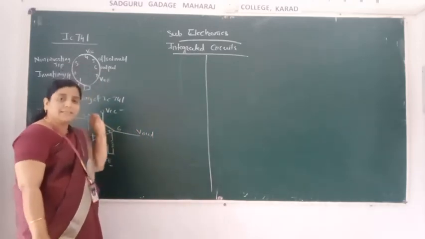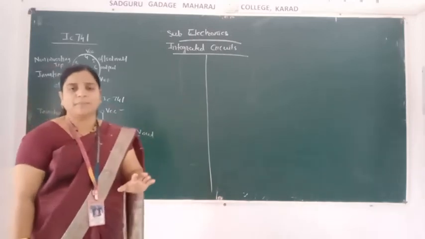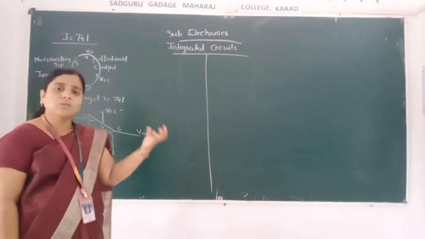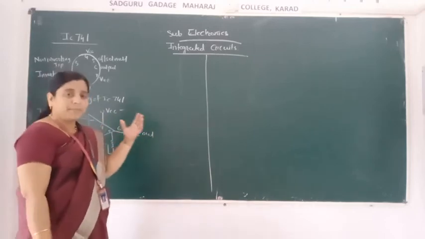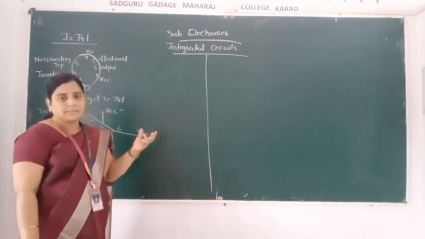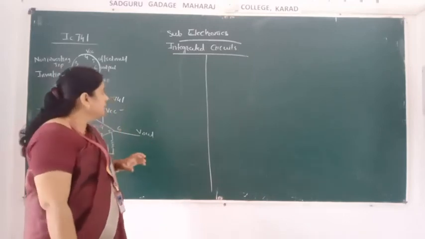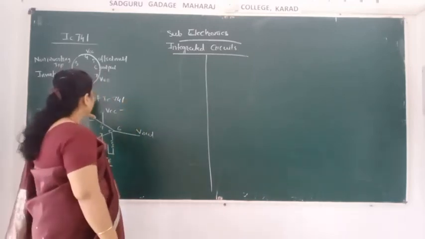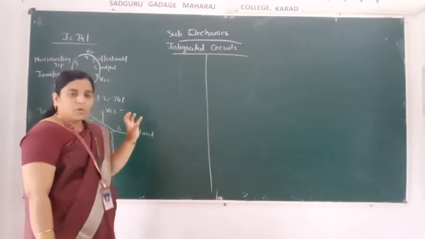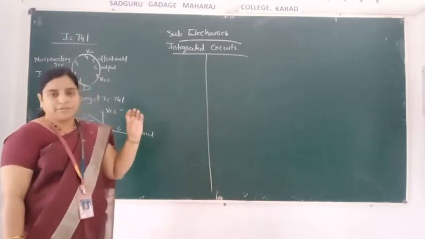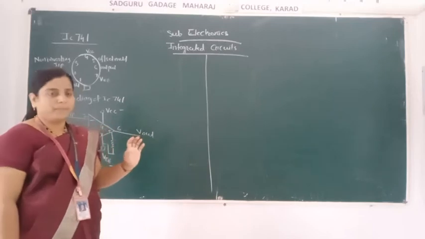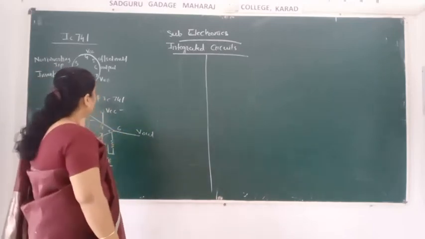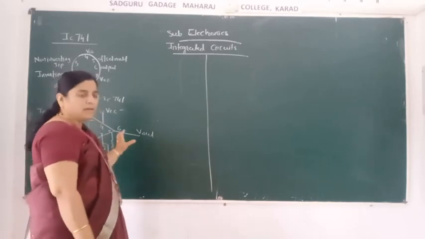All these things in detail we have seen in the operational amplifier chapter. So I will not repeat all those things because it is a very big chapter and it has the maximum weightage in your syllabus. So we have covered it earlier. So this is the pin diagram of the IC 741 operational amplifier. This much I will take here in this chapter only because all of you know in detail about this IC 741.